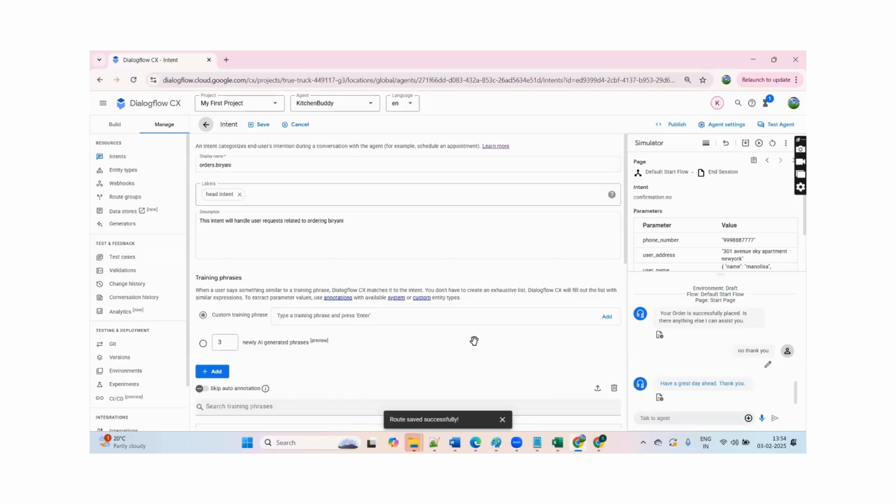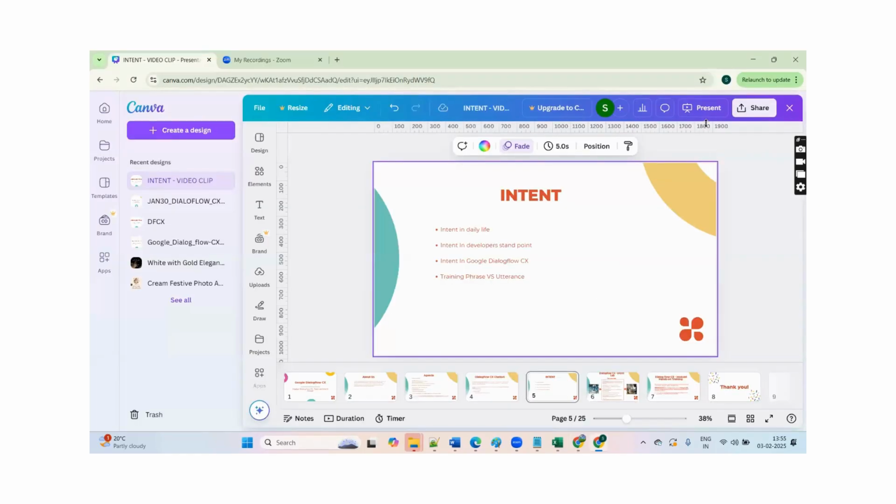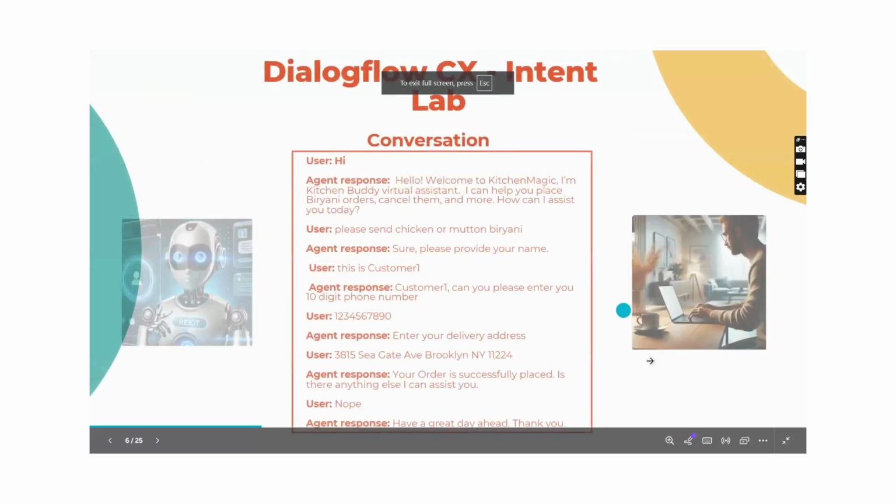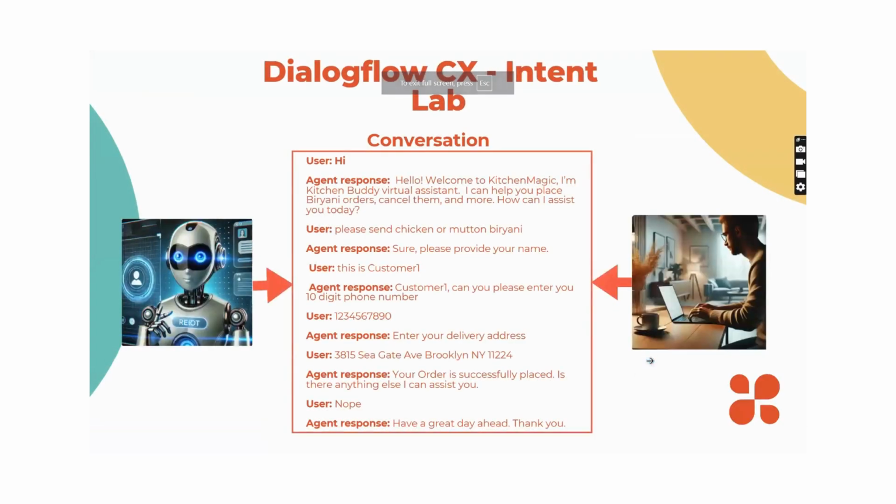Like here, if the customer asks, I want a paneer biryani or a chicken biryani, whatever it is, it responds, tell me your name, phone number, and then address, and then the bot will successfully place the order. It will respond back saying thank you. Okay, so now